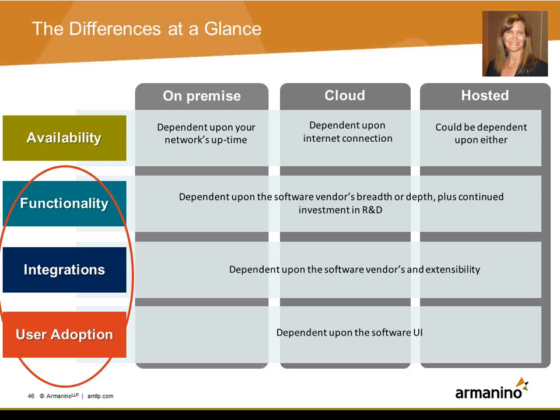They are used to coming in and doing things a certain way. So you want something that's really easy to use. You want something that they're going to appreciate using and that they're going to adopt. So look at the application, look at the screens, look at the user interface. How hard is it for them to log in, log out, print a report, save a file, download things to Excel? You know, things that they're used to using, you need to make sure that's in the system and that